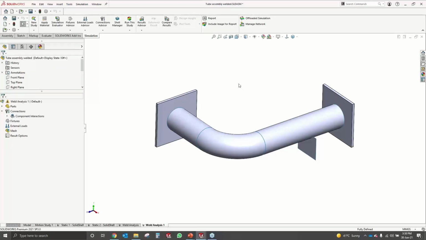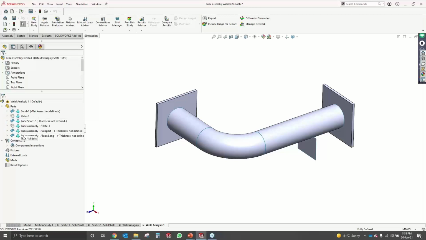So what we see here is I've gone into the simulation study. I have all my parts listed in the simulation study. So you can see some of the icons here which represent a shell and some of the icons here which represent a solid. Okay, so the first thing I'm going to do is give the thickness to the